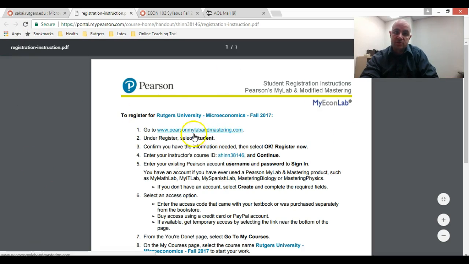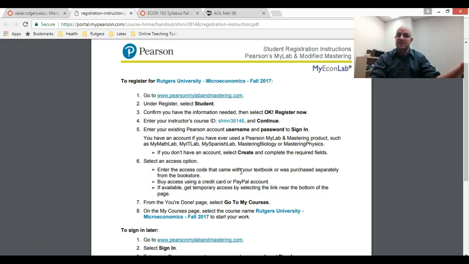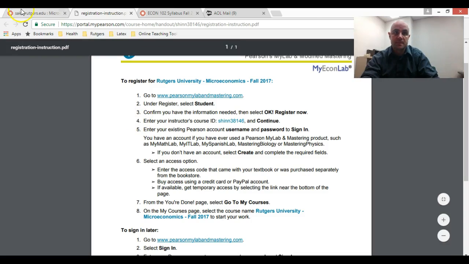It tells you what to do. You're going to need a code to get in and so forth. You go to My Courses. The course name is Rutgers University Microeconomics, Fall 2017. And in there, the biggest thing you want to look at is the assignments, because as the assignments come up, they'll pop up there for you.